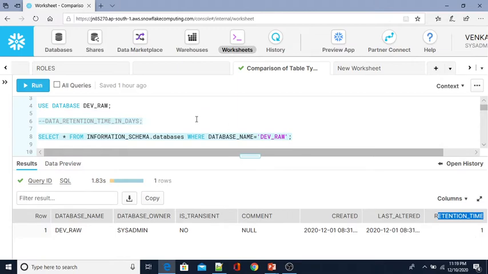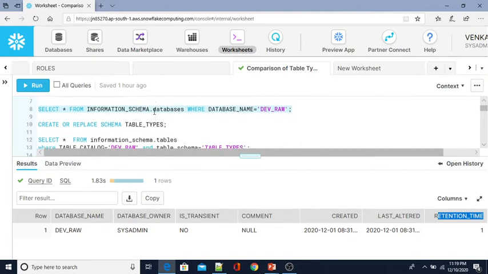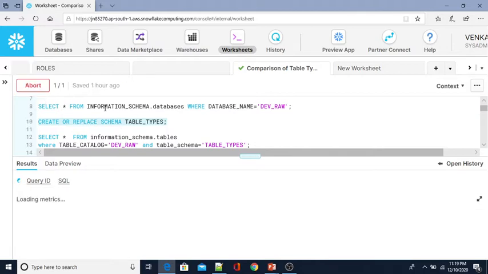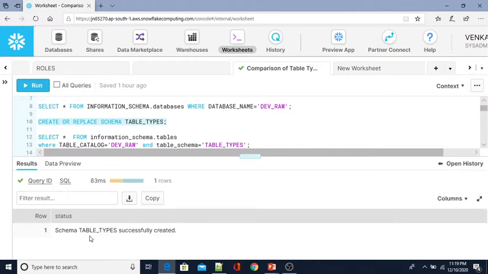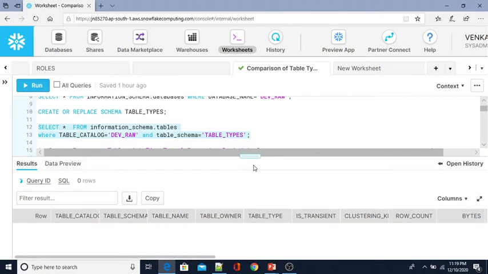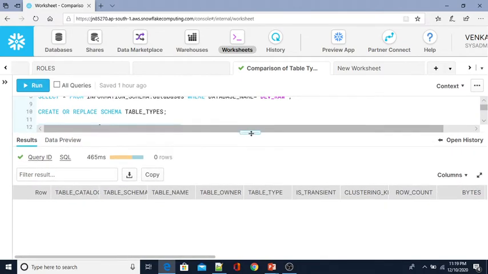If you specify other than 1, then the database level retention period will be overridden. Now let me create the schema in this database, and then we will create the tables. So now the schema table_type is successfully created. Just now we have created it, so make sure that there are no objects present here.